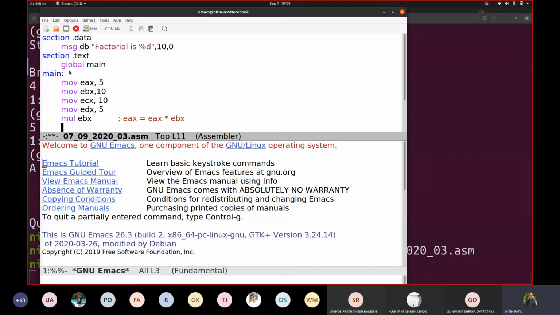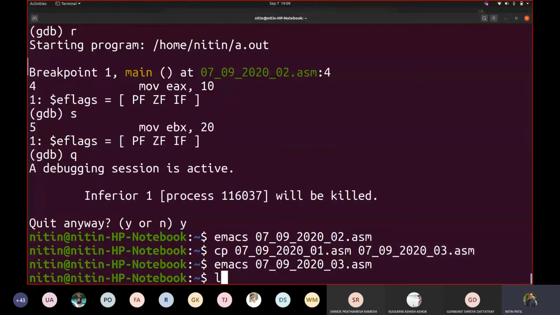So I hope you must have seen here, you may say, okay, I have given some random values to EAX, EBX, ECX, and EDX, and then suddenly I am saying mul EBX. So what would the meaning of this be? EBX contains 10, so 5 multiplied by 10, 50 should be there. Now let us try to see what is shown. Okay, let us try to assemble this code. Our code is this. So to show you one more time.